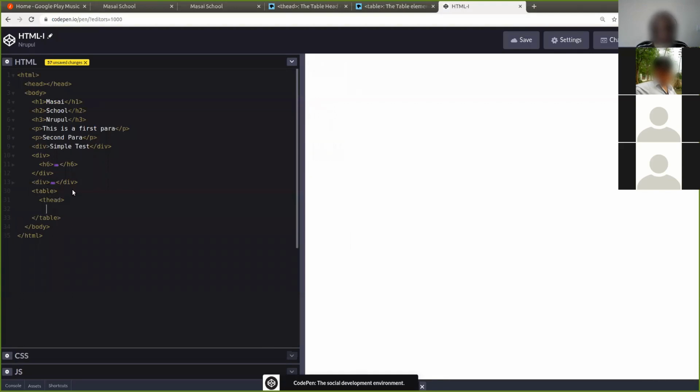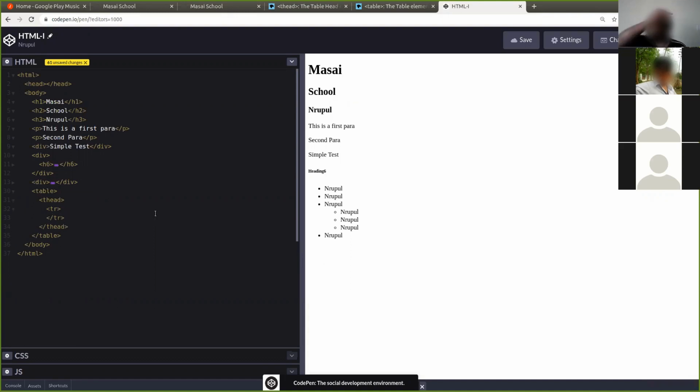So thead, I'm creating a header. So the heading for the table. It will create the heading, and the heading should have, I mean, tr is for table row. So in a table there are rows and columns. The rows are on this horizontal side, and columns on the vertical side.